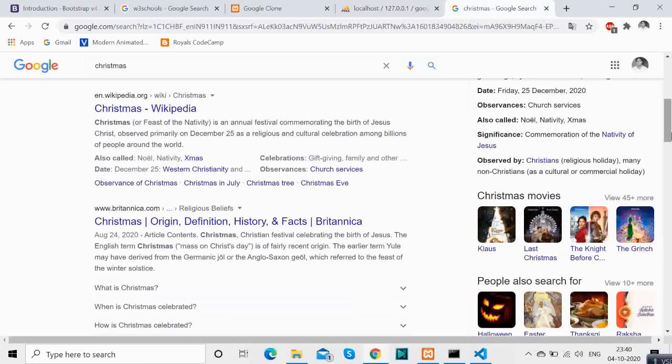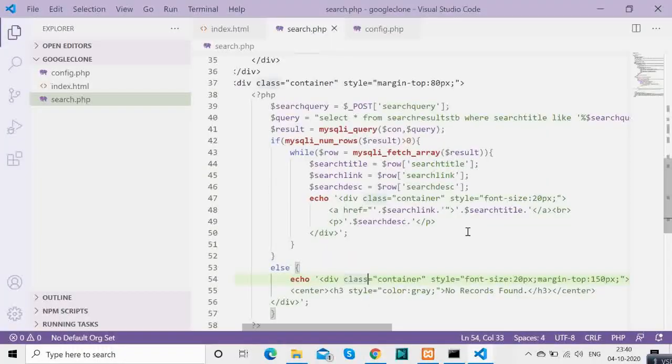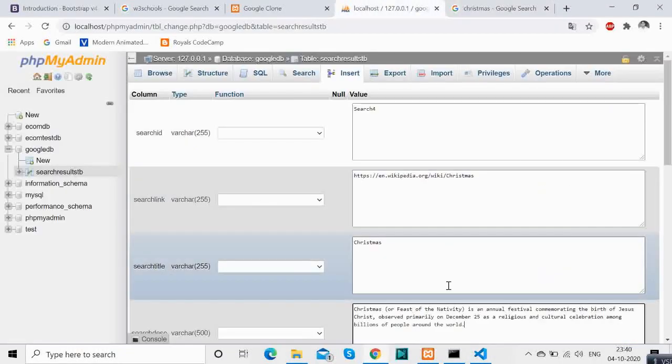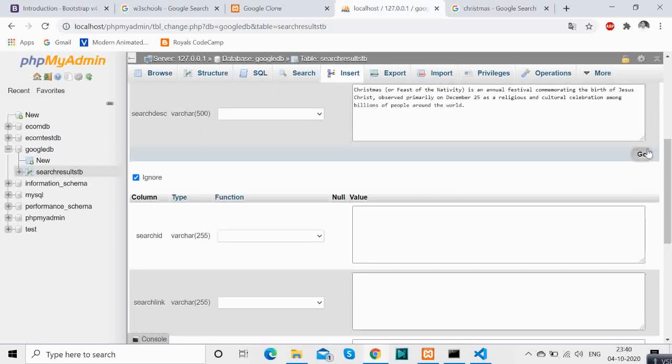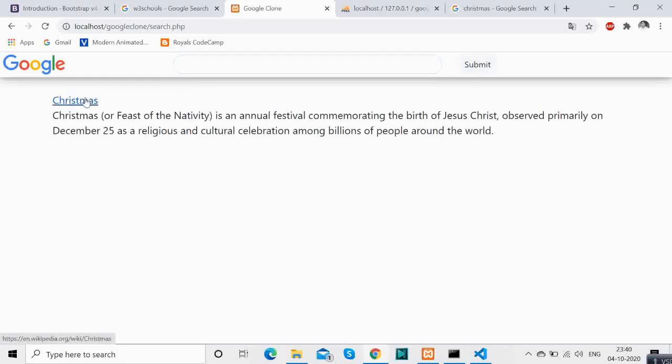And now let's test our application. So we are typing in Christ, not Christmas, and let's see, we have Christmas. You click on that link, you will get there. I type in train, not Coding Train, and you see Coding Train comes up. I type in something like school, and you will see W3 Schools. Two links I have provided, both are coming up.